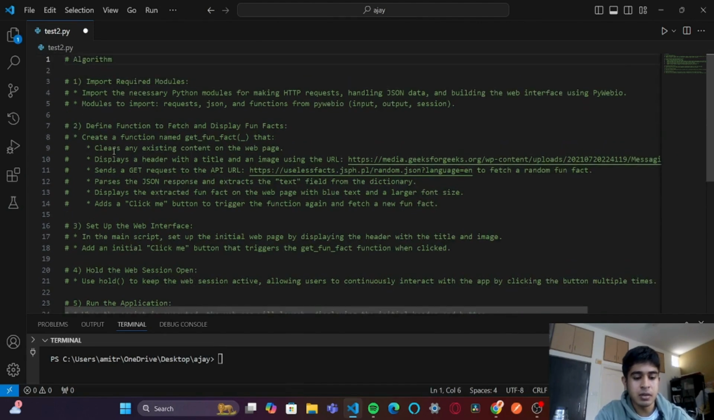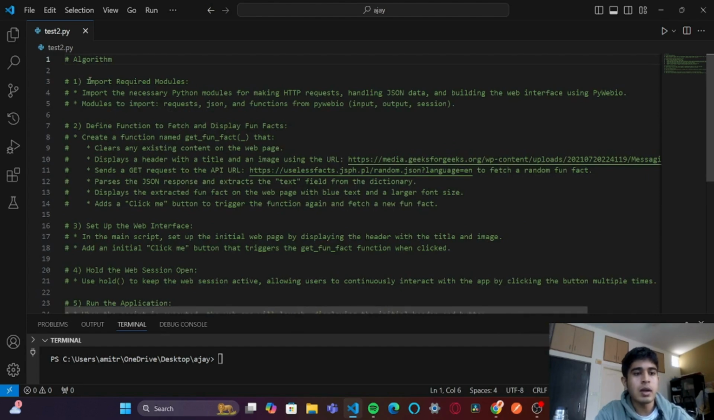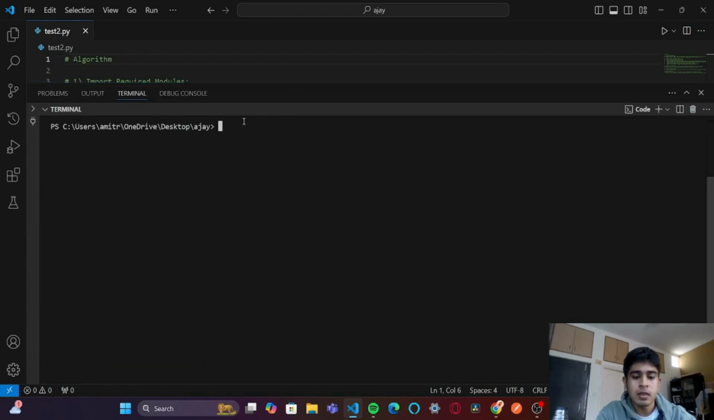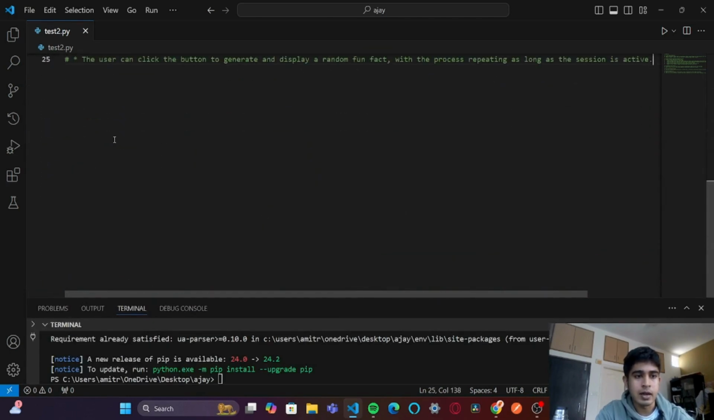So this is the algorithm that I've provided here. Step one says we have to import the required modules. Before we import them, let's pip install requests and PyWebIO. I have already installed them, but these are the two modules that we have to install. Requests is to handle HTTP requests, and PyWebIO is of course for the web app. So let's go ahead and import the required